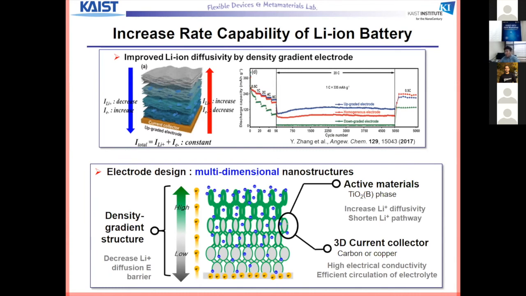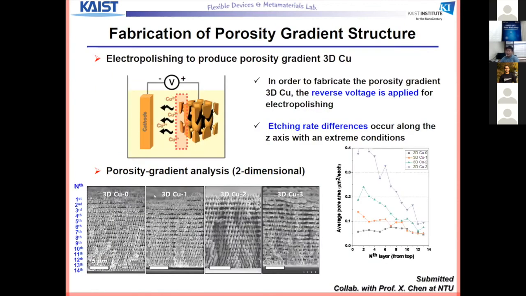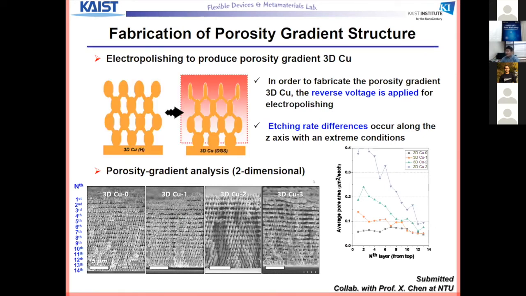So after I met Professor Xiaodong Chen, we got an idea that we can make a density gradient 3-dimensional porous structure and test that. So this is the example. After making a 3D copper metal structure, we de-electroplate, and then we can make this type of structure, more porous, less porous. So we can make all sorts of different density gradient structures, and then finally we realized